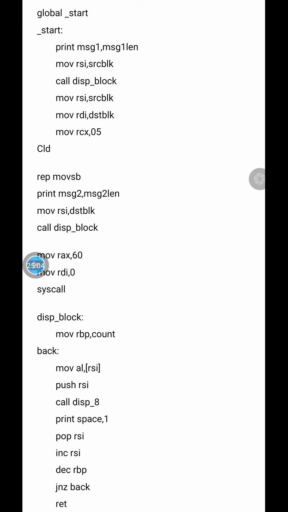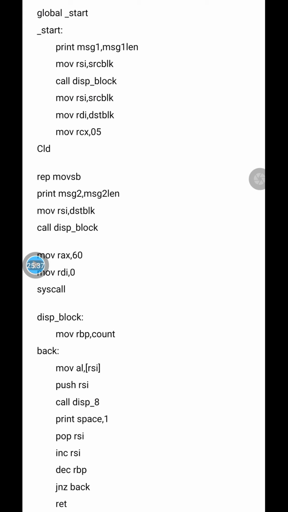Here what we have to do, we have to transfer the contents of source to destination, and we have to increment RSI and RDI. In the previous program, we have written the instruction INC RSI and INC RDI. But whenever the direction flag is clear, after every transfer, the RSI and RDI will be auto incremented by 1 if it is a byte.